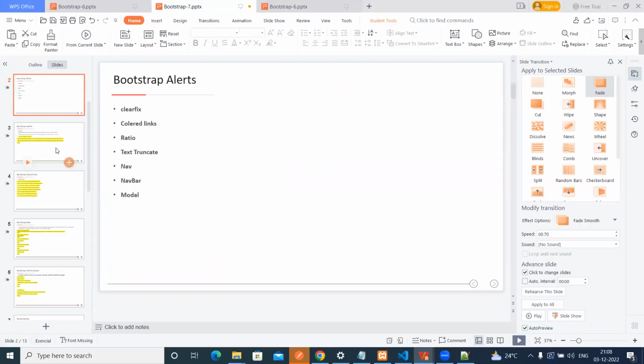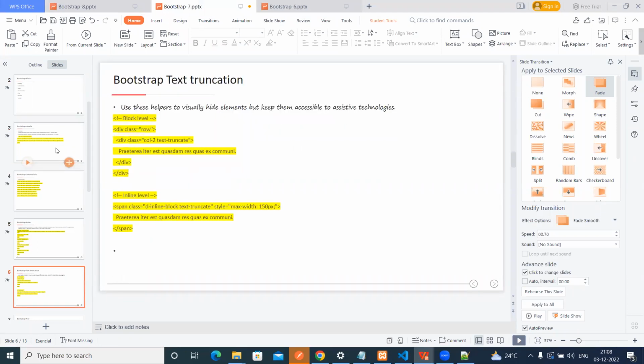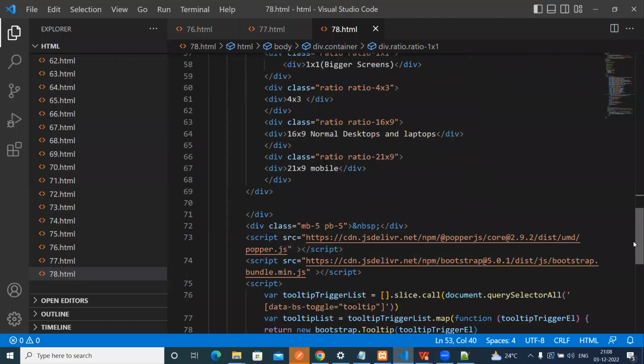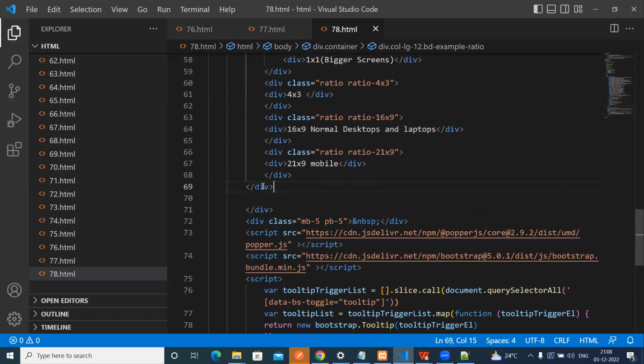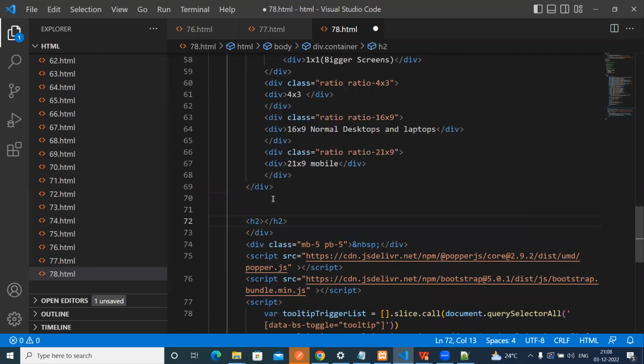text truncate. Actually, we can close after text truncate. Why we are using this: it helps us to visually hide the elements but keep them accessible to assistive technology. Text truncate. For suppose I have a big text. So up to here we are closed, right? So then from here, H2 text